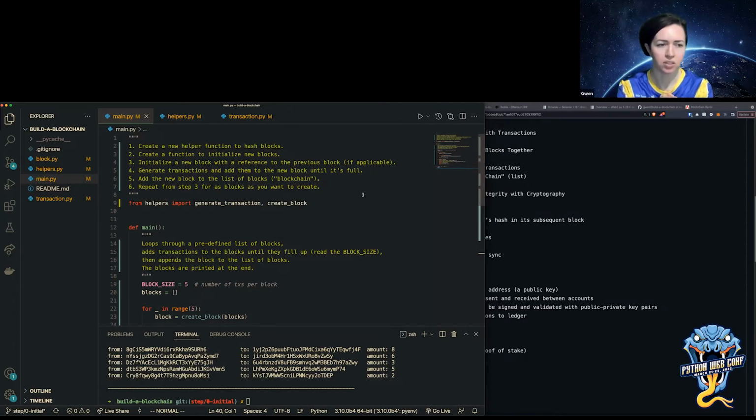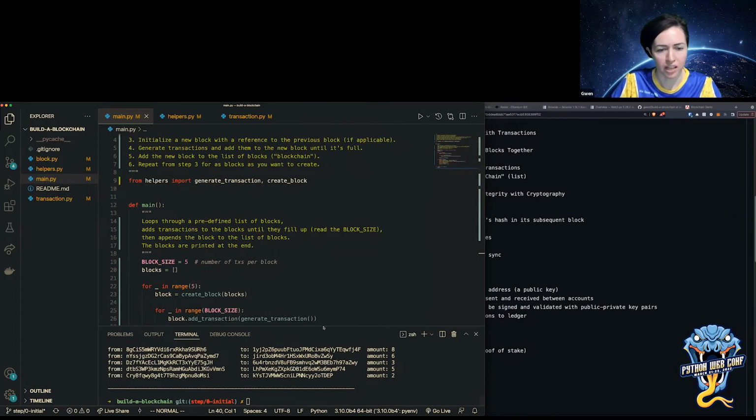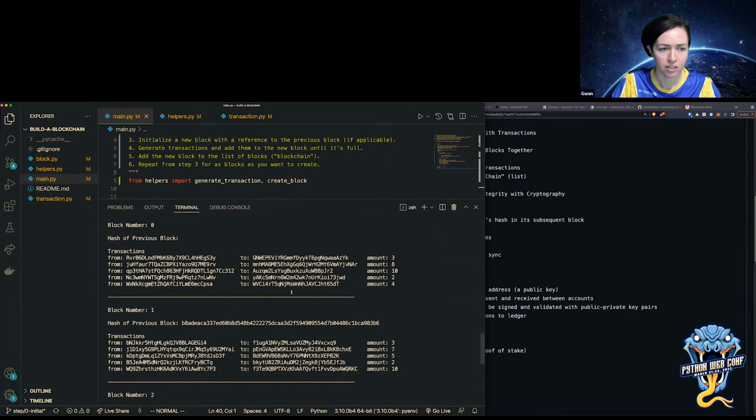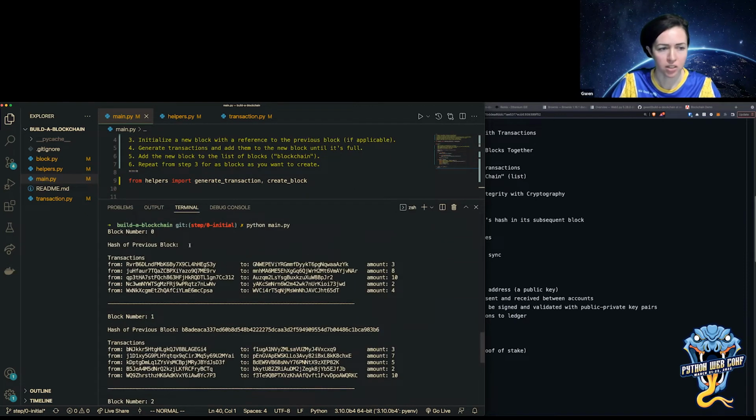And the different thing about the Genesis block is that it can be initialized with some special code. There might be a message, or you might automatically send funds to somebody, just so somebody on the network has funds to start with, or you can write special code to do whatever you want. And the big difference is that there will be no previous block hash because it's the very first block. Every subsequent block is going to be hashed with the previous block, but there is none for the Genesis block. So I guess it's just a term meaning the very first block in the blockchain.